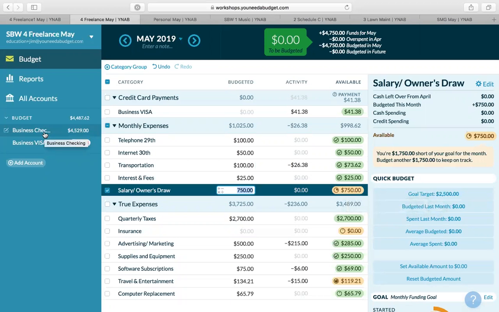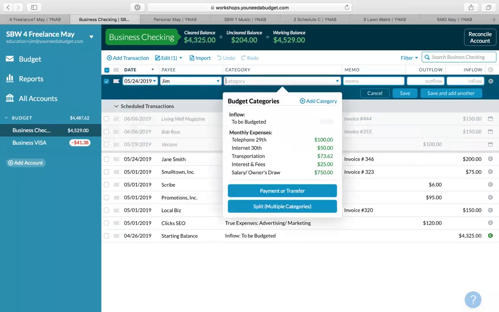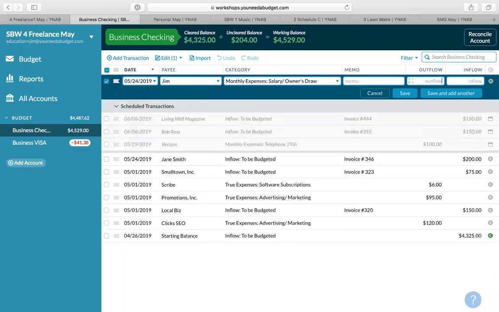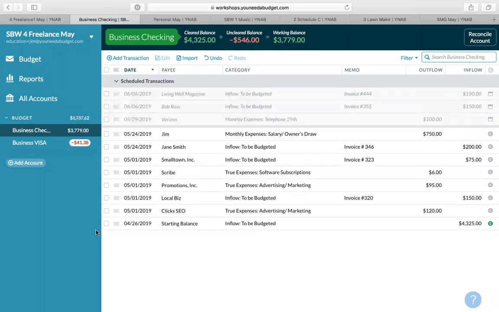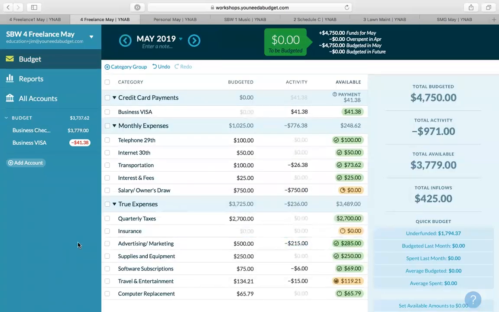Let's go ahead and enter that check that we write to ourselves. We'll categorize it by the job it did, which is salary. And 750 is what we just wrote ourselves a check for. Now that accounts for the money leaving my business budget. Now I can enter that money as an inflow to my personal budget